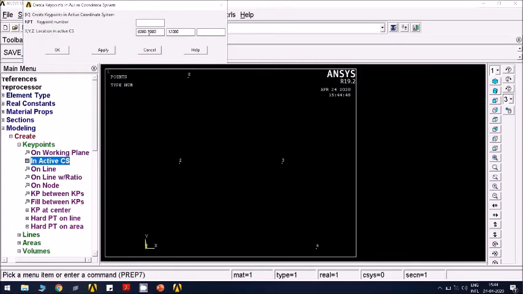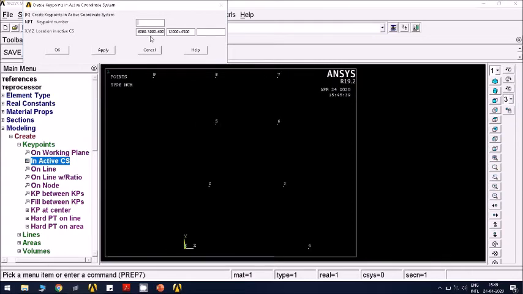And next coordinate is plus 3000, this one, and next is plus 4500 and, sorry, 6000 minus 3000 minus 6000.